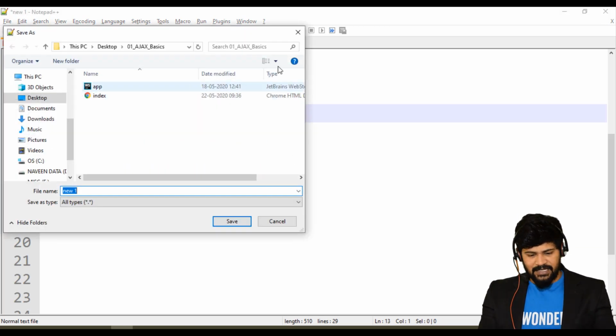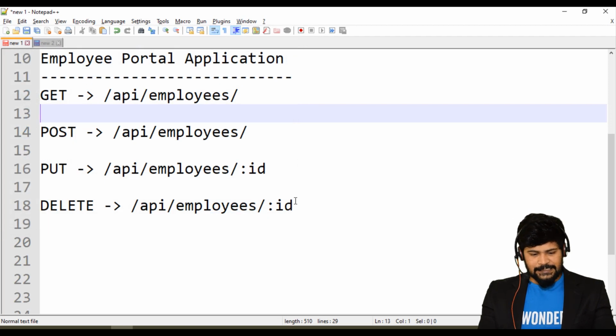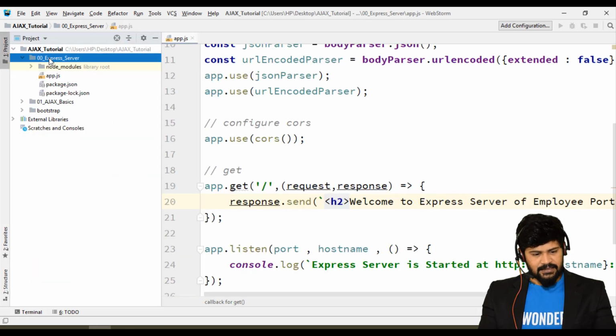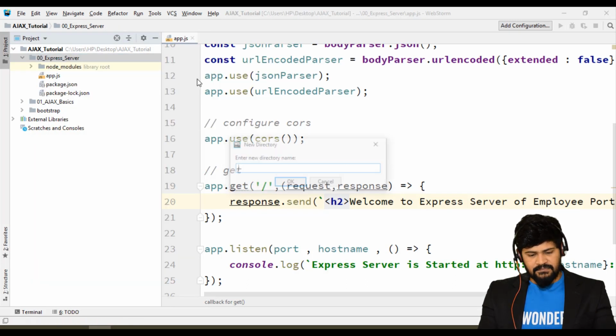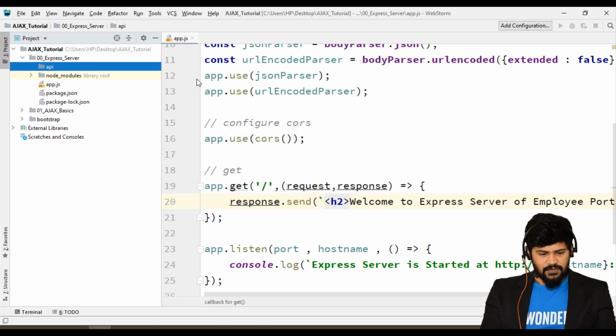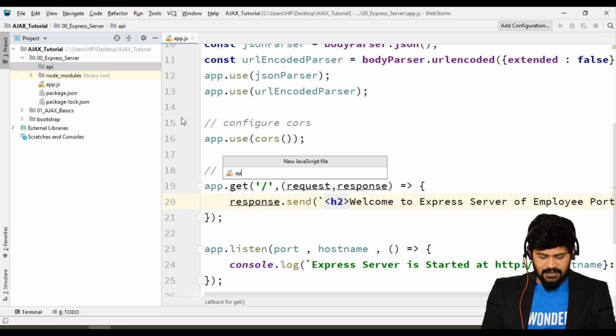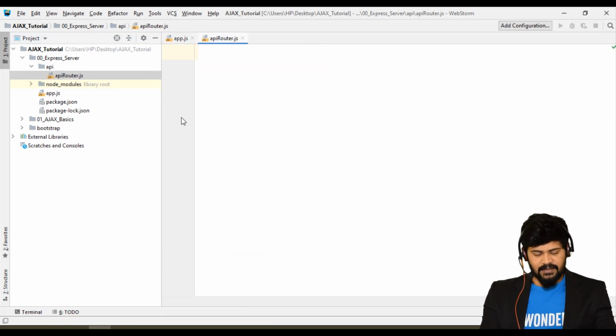For this I'm going to create a router. How to create a router at the server side: let's make a directory here, the API folder. Here I'll make a new JavaScript file called apiRouter.